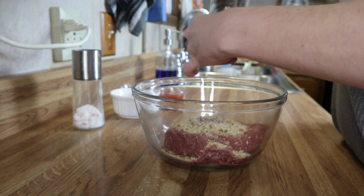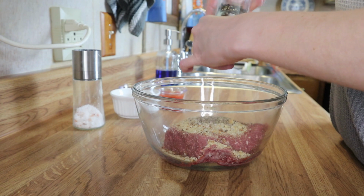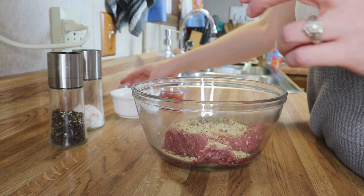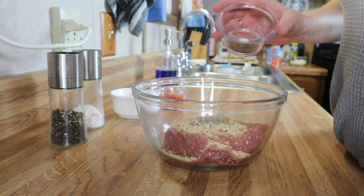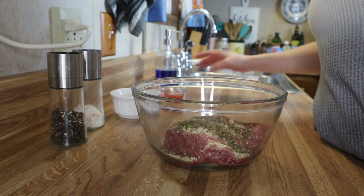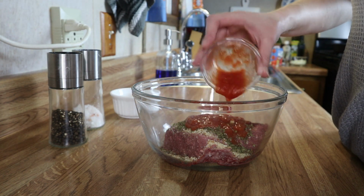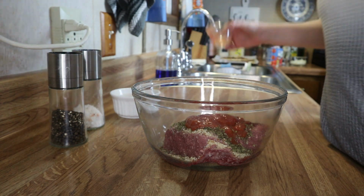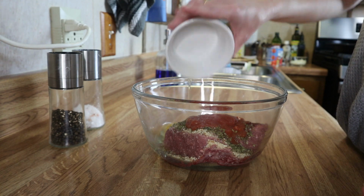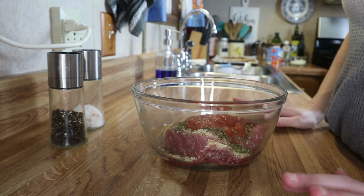Now season this to taste. If you like a lot of salt, add a lot. If you don't want to add too much, just add a little bit. So I've got the pepper in. I'm going to go ahead and add in my sumac and my parsley, as well as my crushed tomatoes, and my egg. And I'm just going to mix this up and set it aside